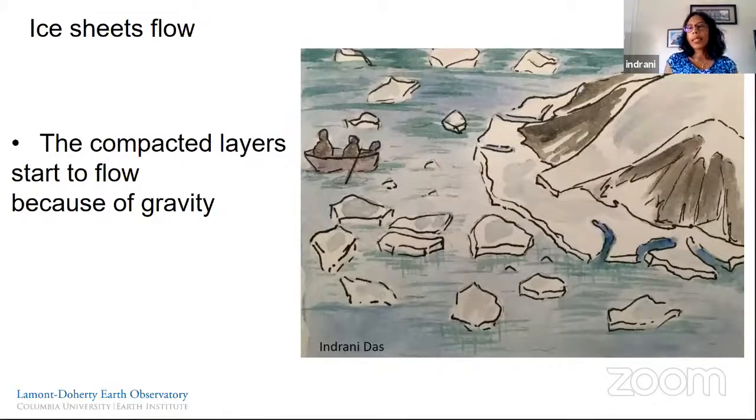And this is a schematic showing how the ice will start moving. The ice sheets flow, they're not stationary. These compacted layers deform and then start flowing because of gravity. Like I said, this is a schematic, not representative of an actual ice sheet. The ice starts over here and then starts flowing. These are the mountains that it's based on, and some of it flows out into the ocean. I'll talk about that quite a bit in the next few slides.